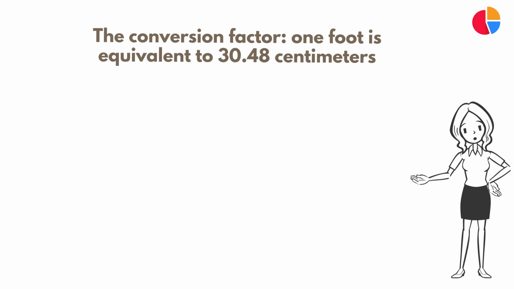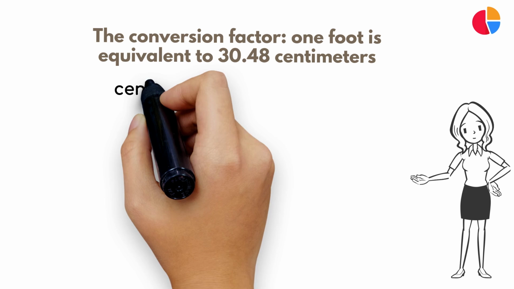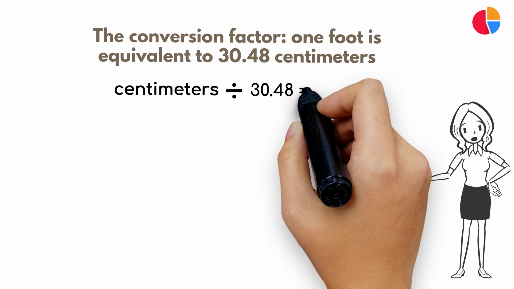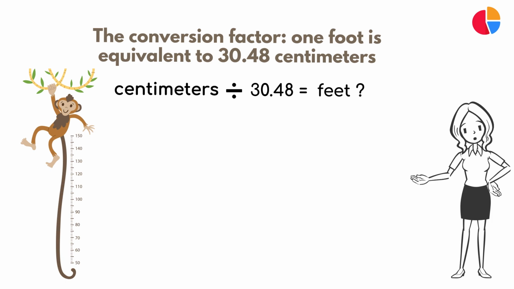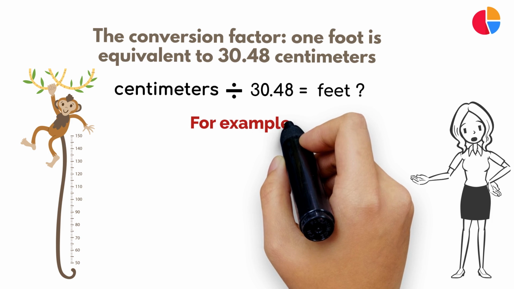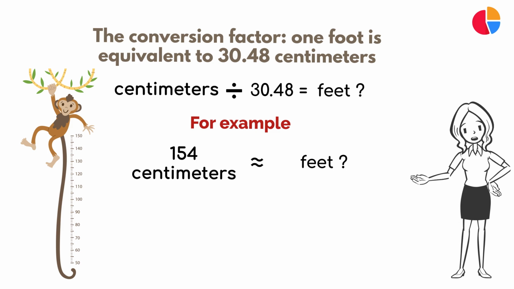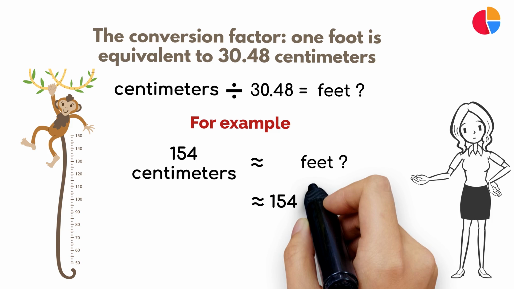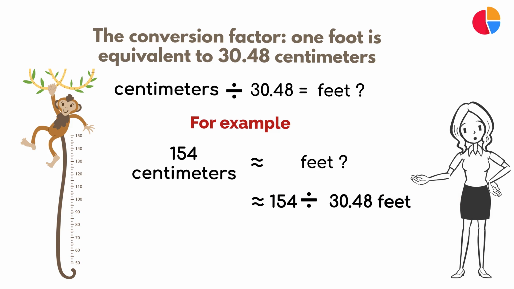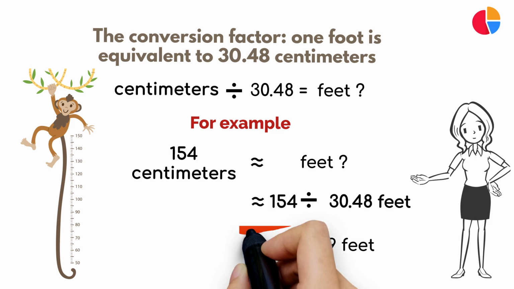1 foot is equivalent to 30.48 centimeters. To convert from centimeters to feet, you simply divide the number of centimeters by this conversion factor. Now, let's dive into an example. Suppose we want to convert a length of 154 centimeters to feet. We begin by dividing 154 by the conversion factor of 30.48. The result is approximately